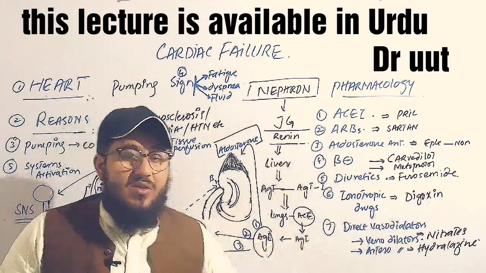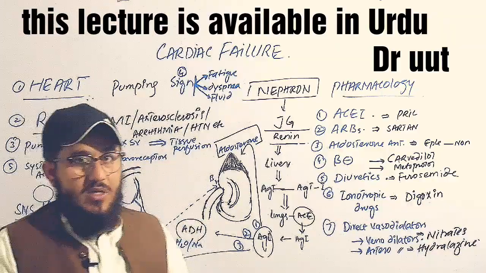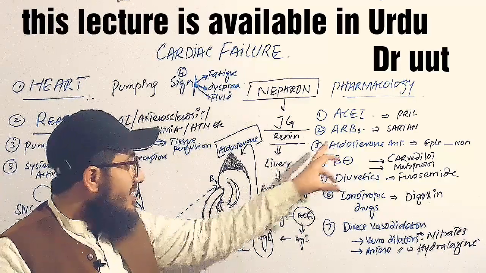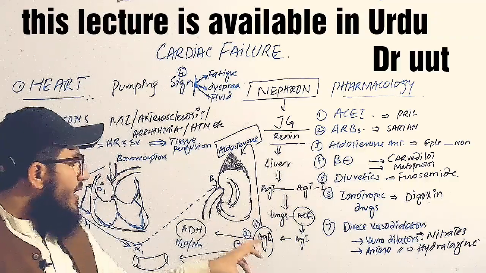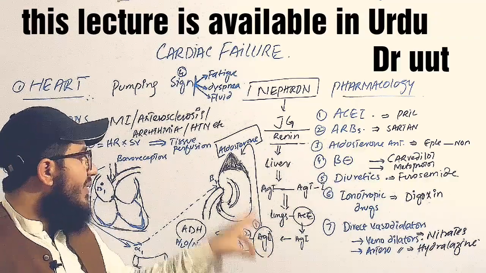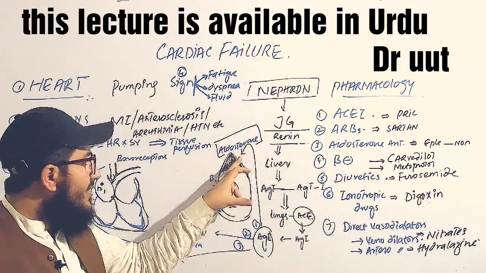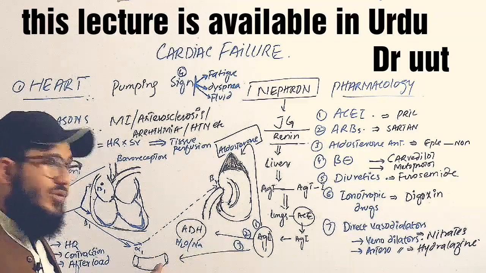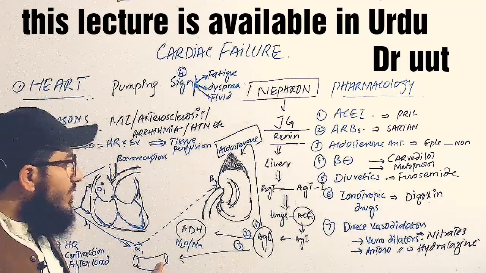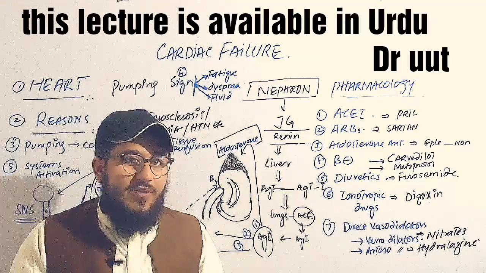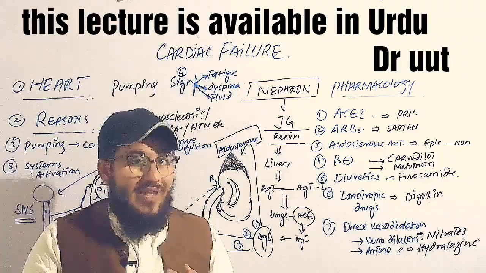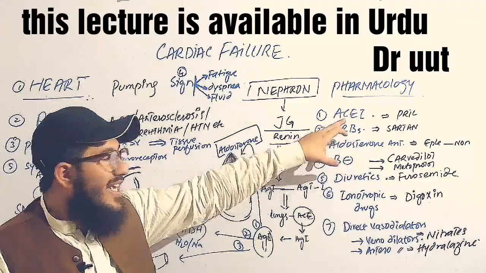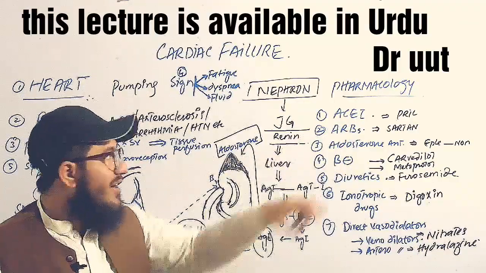And we have another class that is called ARBs, angiotensin receptor blockers. Their mechanism of action is just like that of the angiotensin converting enzyme inhibitors, but they are specific on the receptors of the angiotensin. Now, angiotensin is responsible to activate the adrenal gland to release the aldosterone. Now, here the receptors are available for this angiotensin 2, and we have on the antidiuretic hormone also, and we have here also the receptors for the angiotensin 2. So, what will we do now? If the patient is complaining of the dry cough and of the edema, then we will give that patient these medications in order to replace the ACE with the ARBs, in order to avoid the side effects of the ACE.